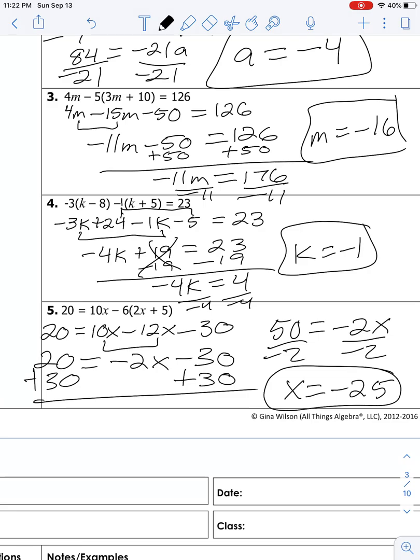And that should hopefully help everybody out with the examples for multi-step equations. You can refer back to this while you're doing